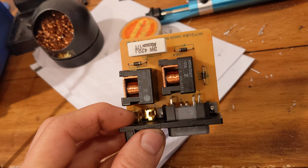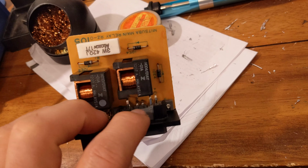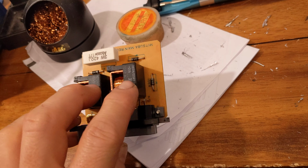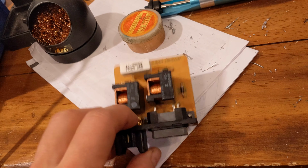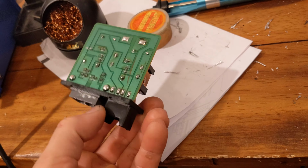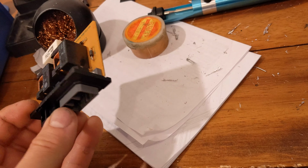I don't know. But anyhow, I rewelded everything, so it seems to work now. The worst case scenario is that one of these two guys is bad, I guess. The diodes are not bad, because otherwise it wouldn't work, and that's a resistor, so it could be one of these two guys, which flex: electromagnetic field, boom, pushes the thing, so maybe the contact is inside, so maybe this could be replaced. It's cheaper anyways to replace this, if they sell them, than actually buying the relay, because it's like $80, I think,